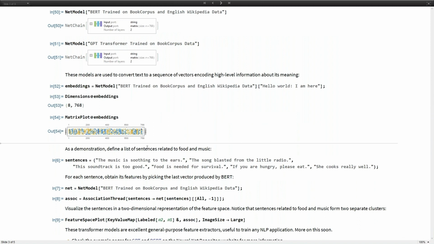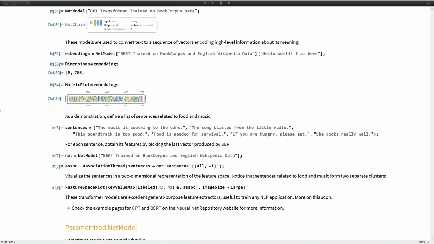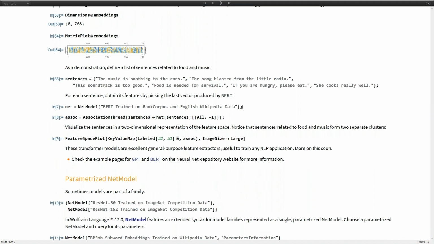As a very little demo, we can define a set of sentences about food and music, obtain features for each sentence by just picking the last of these vectors for each one, and plot them in feature space. You can see food-related sentences and music-related sentences form 2 separate clusters.